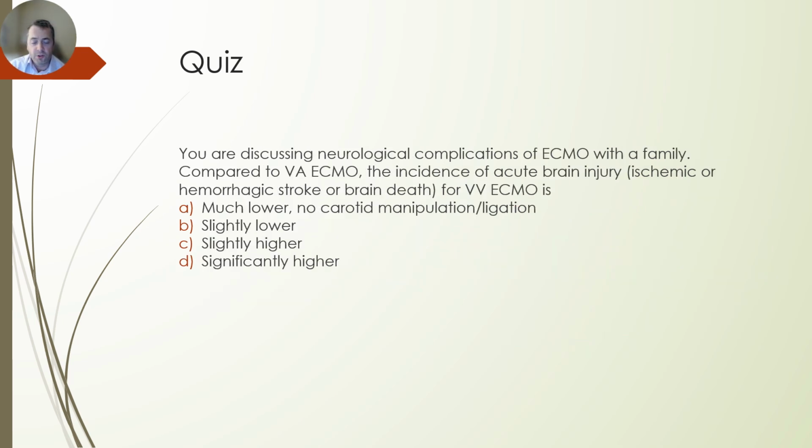You are discussing neurological complications of ECMO with a family. Compared to VA ECMO, the incidence of acute brain injury, whether that's ischemic or hemorrhagic stroke, for VV ECMO is much lower due to the fact that you're doing not much to the carotid. Slightly lower, slightly higher, or significantly higher? As we discussed in the recent slides, not as much lower as you might think